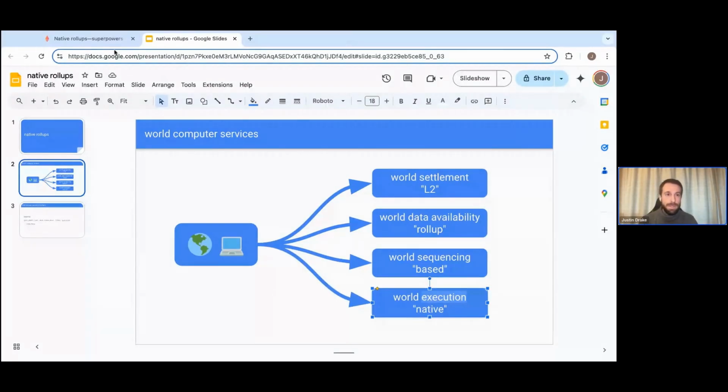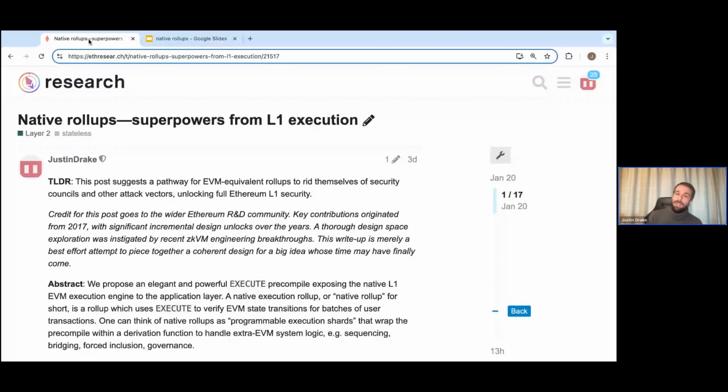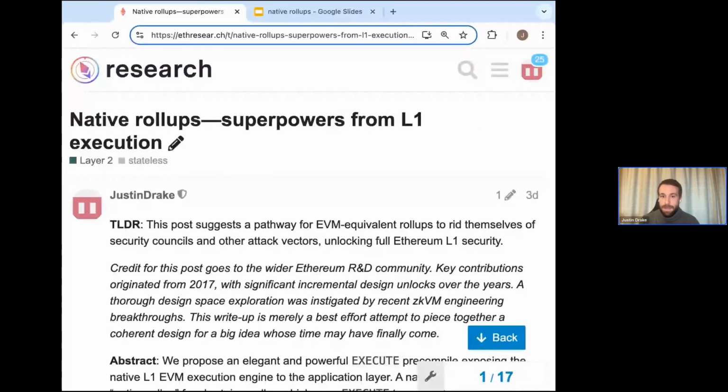So what I want to do today is basically go through this post from 3 days ago and try and give you a flavor of what is going on, try and tell you about the goals and how those goals could potentially be accomplished. I was hoping that there would be plenty of questions, so please do feel free to ask questions along the way. Okay, so